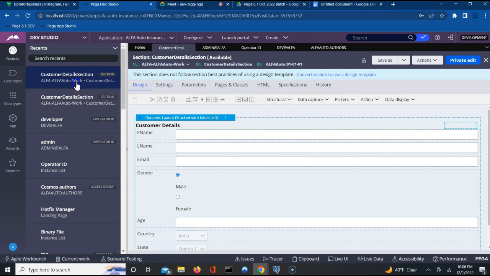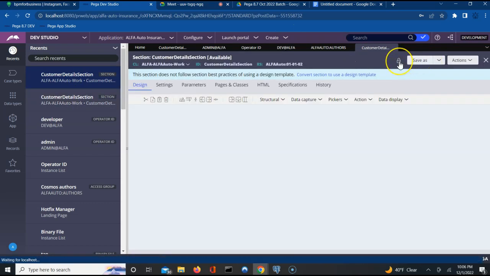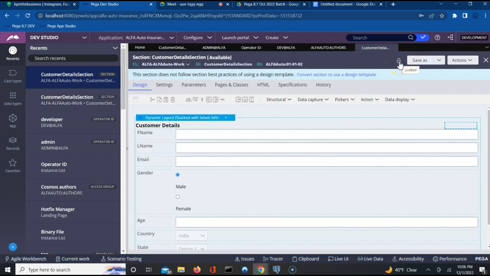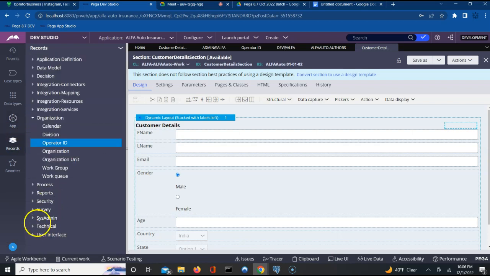Private edit. Locked. I think this is being modified by another user. That is why we are getting that. That's okay. Let me access some other section. If that is locked, that's fine. Let me look at some other section and